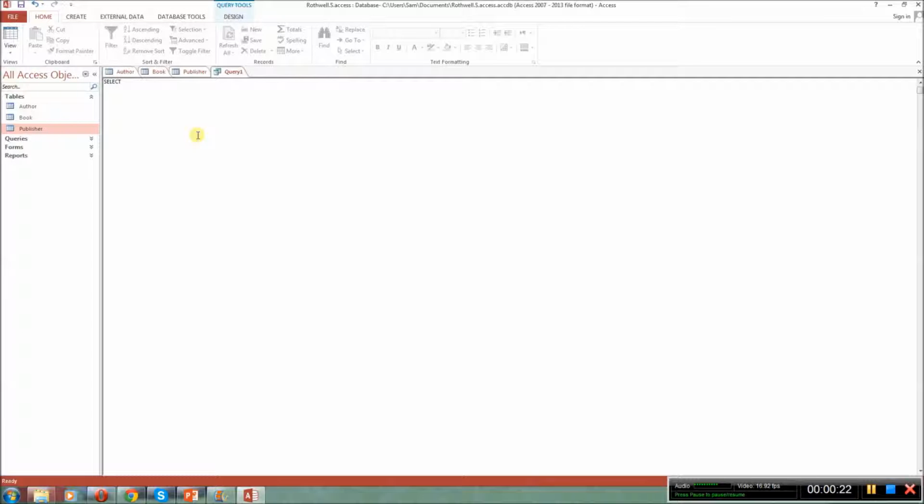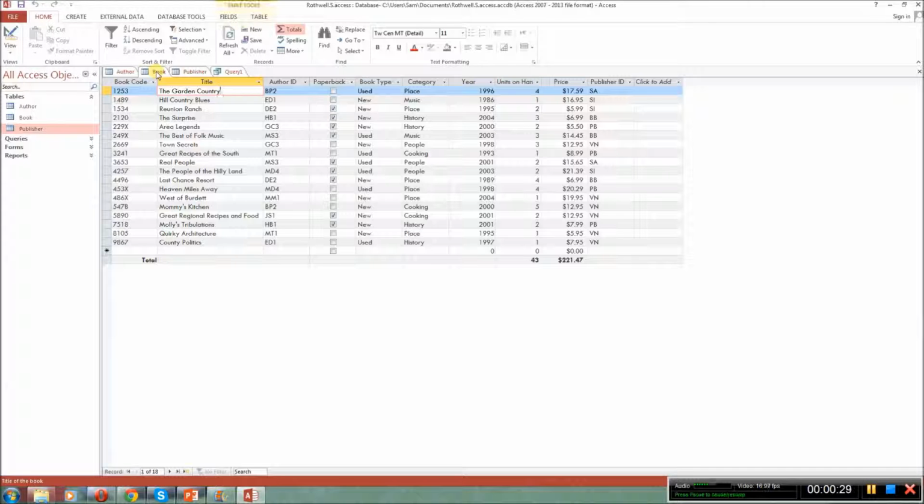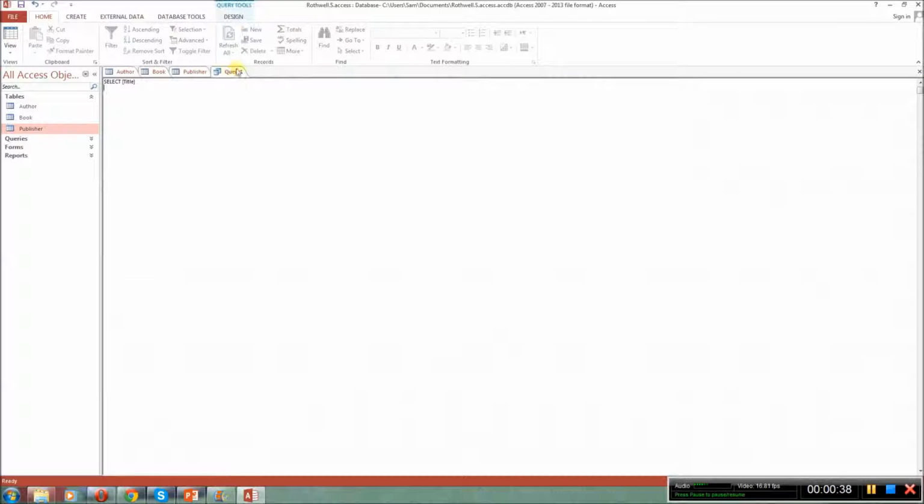We have select, and we'll say we want to select title, and we'll say we want to find all the books in the database that have a category of, say, cooking. So we do a select title from the table, which is book. And now, oops, capitalize those. Where, our where function,